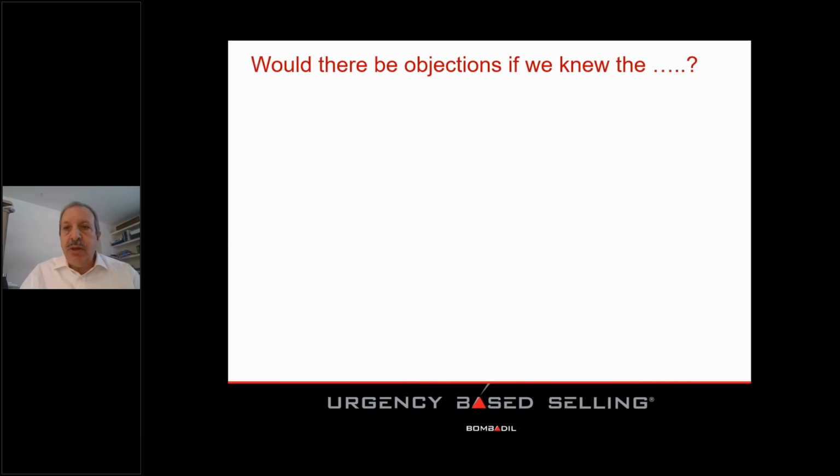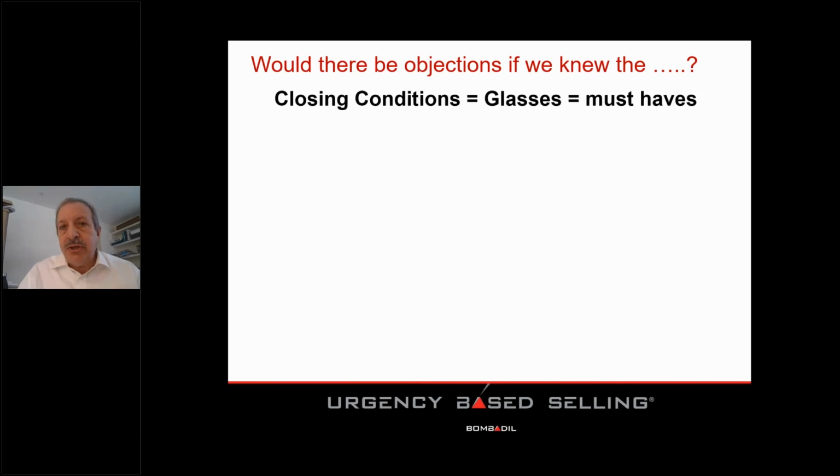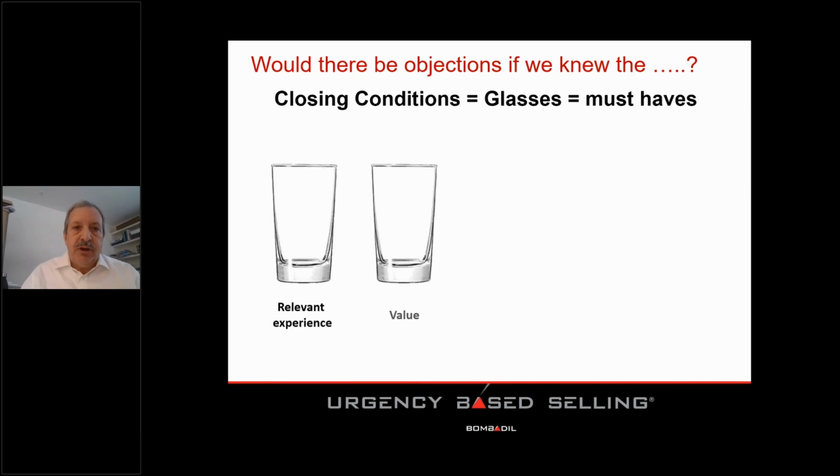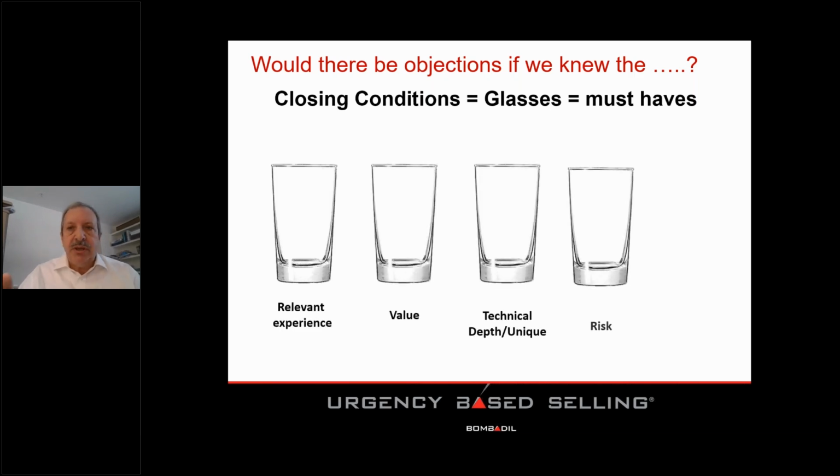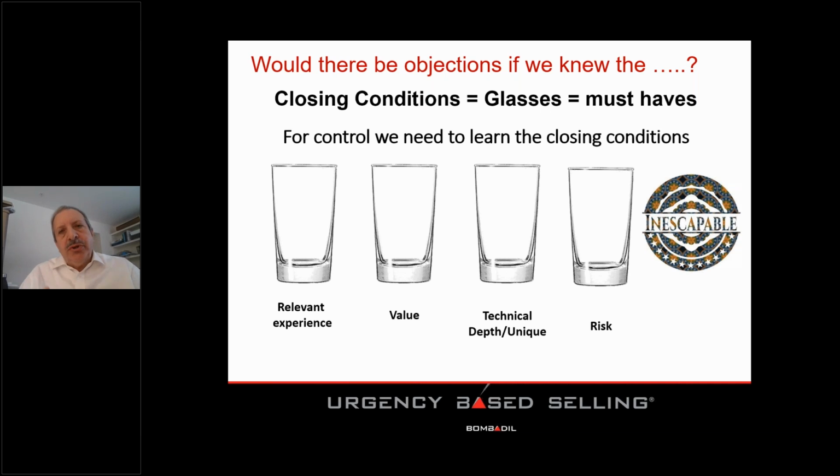So would there be objections? Would there be objections if we knew the closing conditions? We use this metaphor of the glasses. On every prospect's desk, there's a series of glasses. These glasses are the must-haves. For control in a selling process, we need to know what are the closing conditions. When we know what the closing conditions are, then we can fill the glasses, which means we can meet the